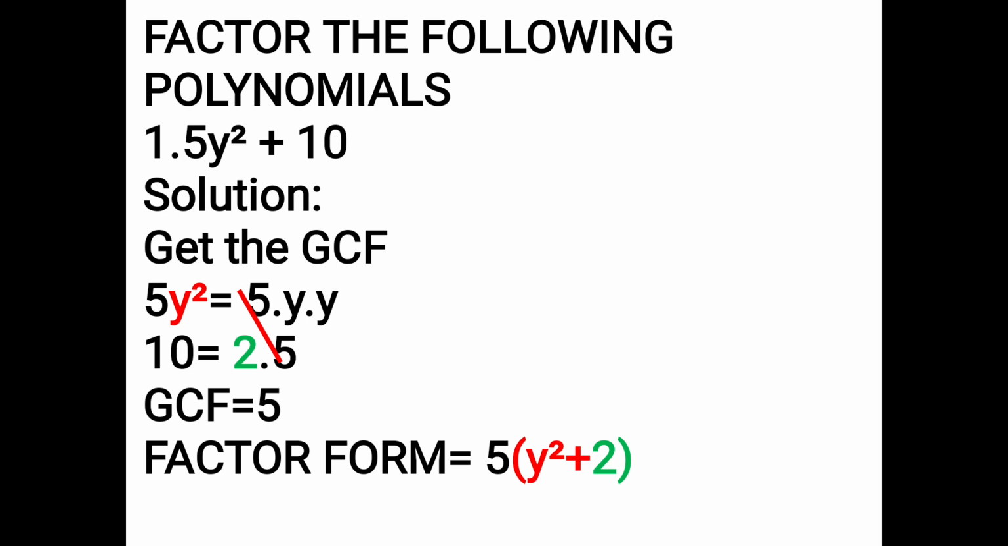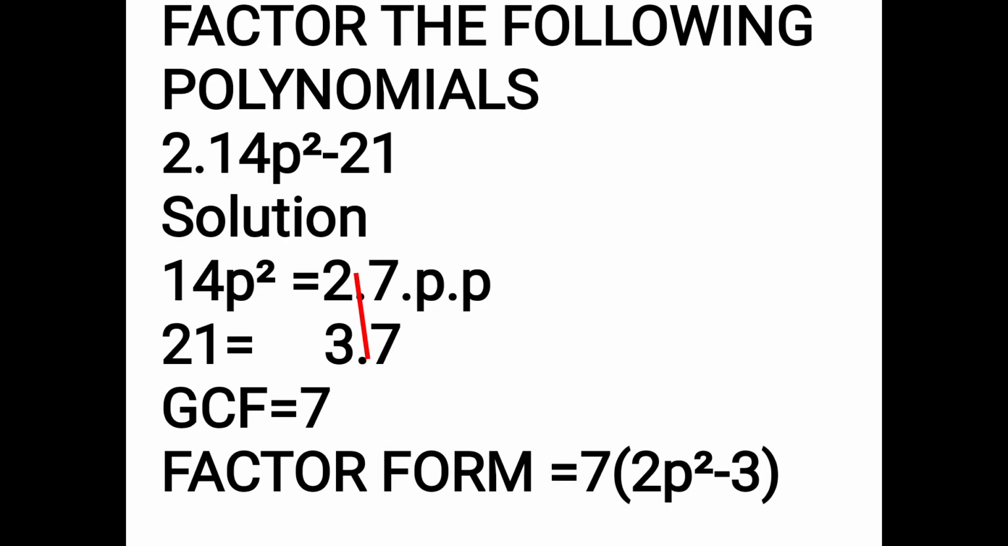Then, let's have the factored form. 5 times the quantity y squared, the remaining variable, plus the remaining number for 10, which is 2. So, 5 times the quantity y squared plus 2. Let us factor the following. For number 2,